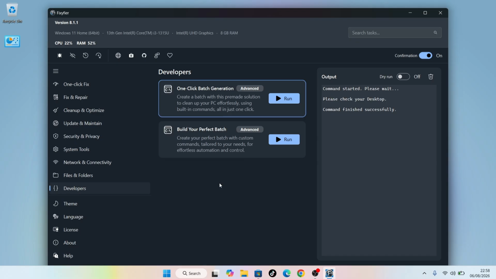After spending some time with this application, I can honestly say it's one of the most complete free Windows utility tools I've come across. Instead of installing multiple programs,